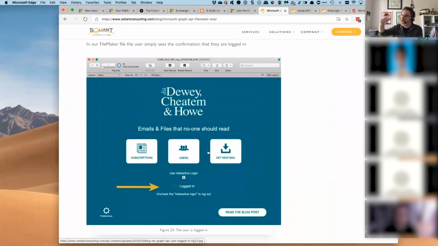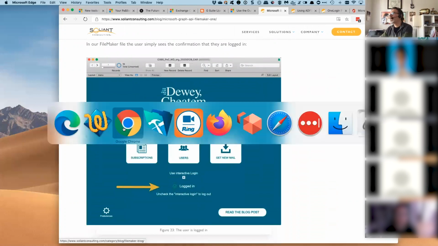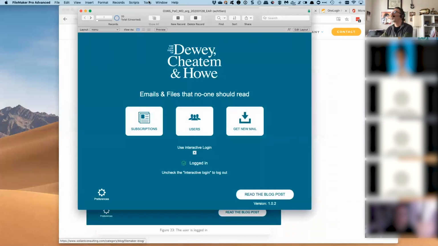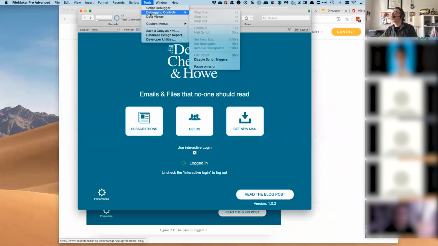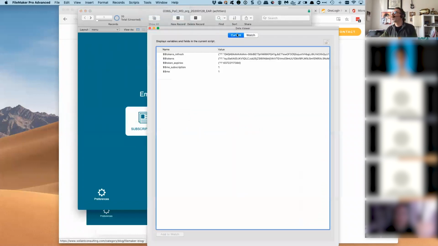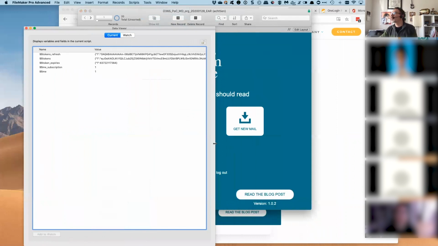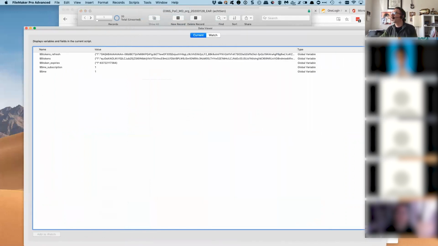So when I'm logged in, the demo file will show that. The way that I store that in this demo file is I keep those in global variables. Now the demo file itself is set up to allow for multiple Office 365 subscriptions, right? One Office 365 subscription can have many email accounts, but you can also have many Office 365 subscriptions, which I